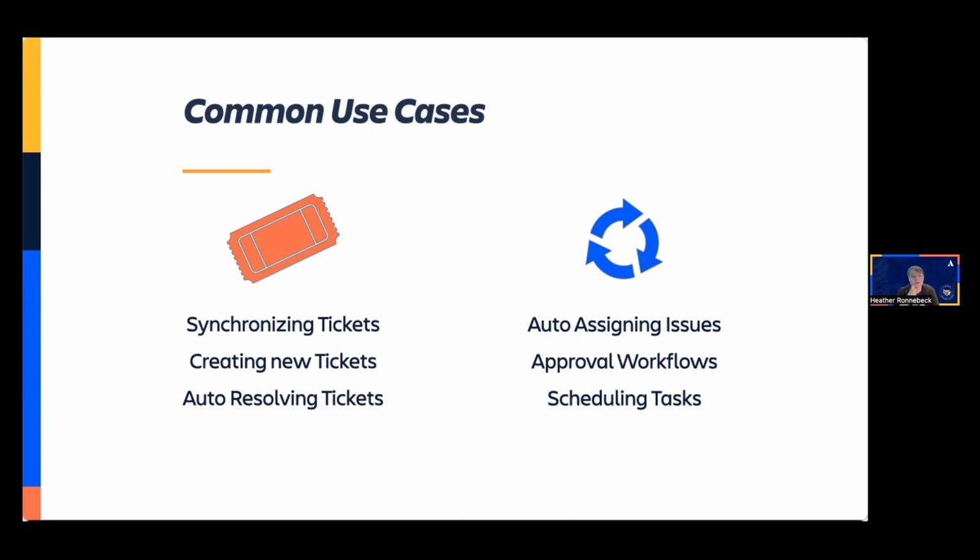That's an example there. They can also help with moving approval workflows along by sending emails, doing auto assignments, forms, and ticket creations. Rules are commonly used to schedule some routine tasks that involve Jira tickets, as well as creating and sending information over to Confluence pages. Again, these are just some common examples and some common use cases. There are several use cases out there that people use that aren't listed here.